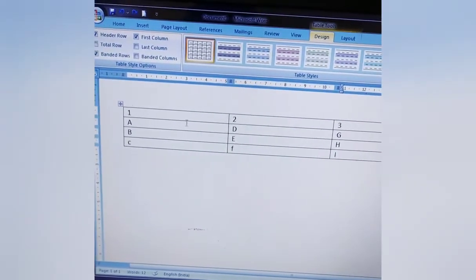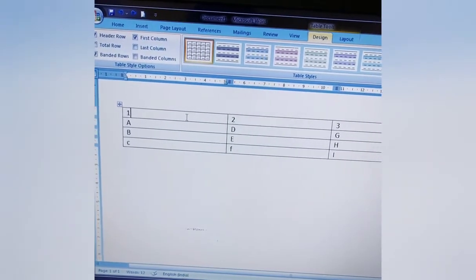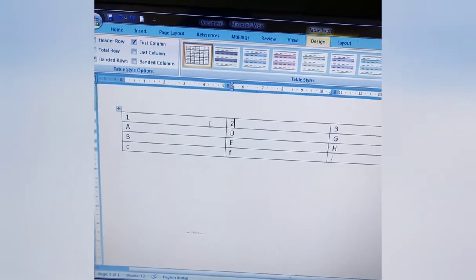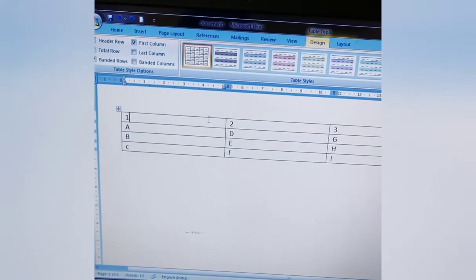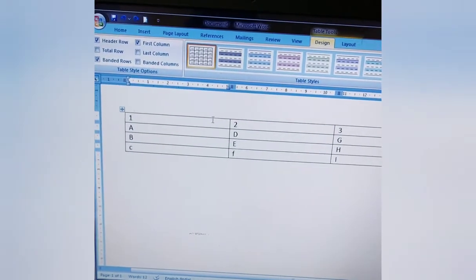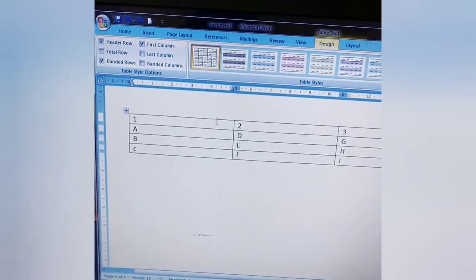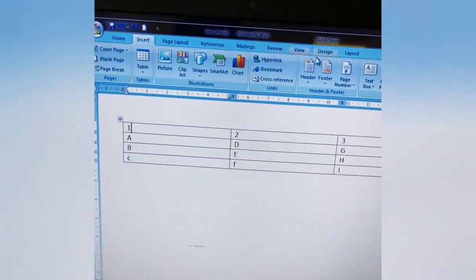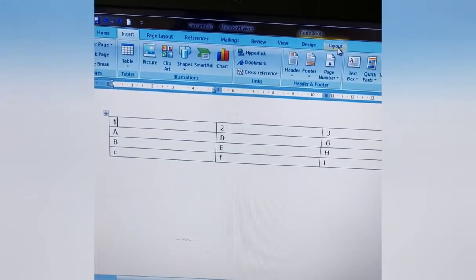You will first choose any of these two cells, either 1 or 2. Okay, so let's choose 1. We are now going to add a column to the right side of this cell 1. How will we do that? We will go to Layout. Can you see the Layout here?